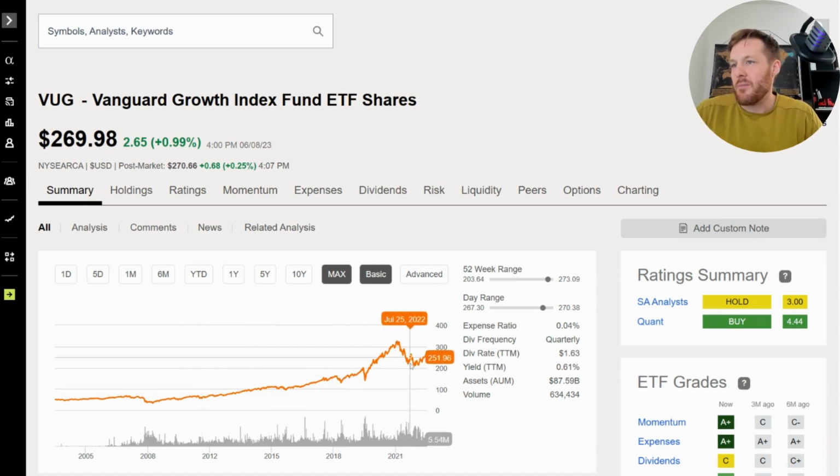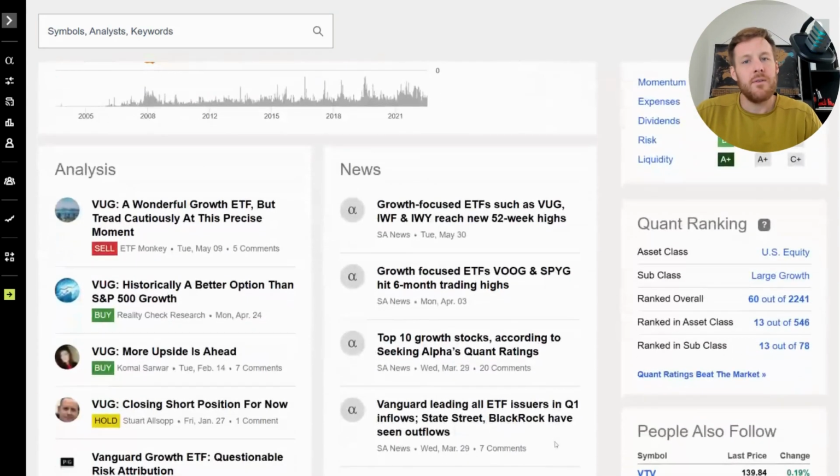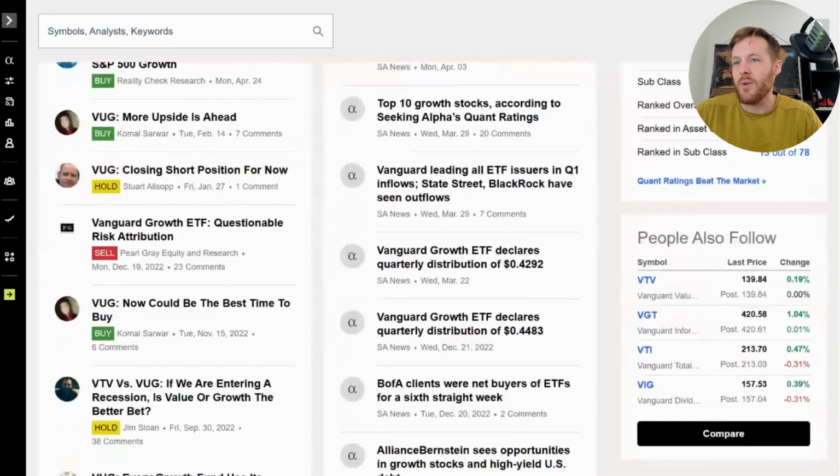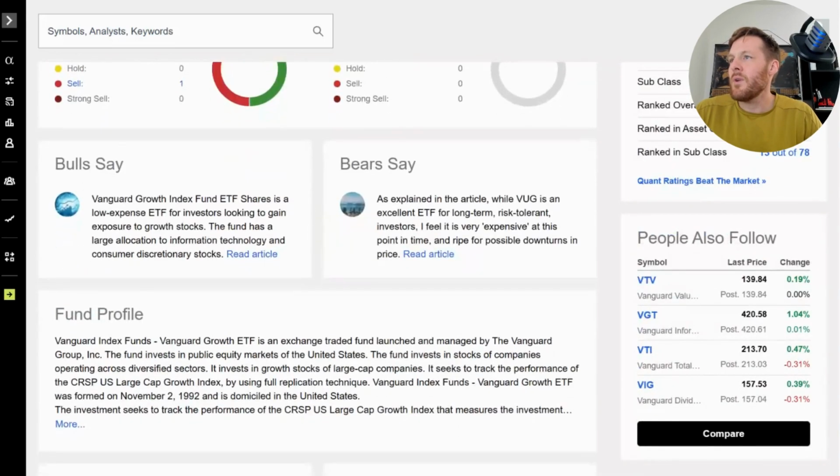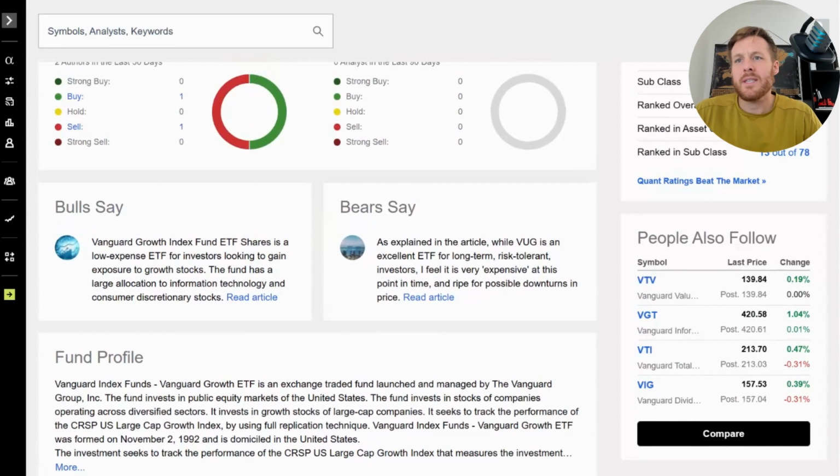And obviously, the performance can speak for itself. Granted, previous performance is no indicator of future performance. You've heard it a million times. Really, the bear sentiment, or anyone who has a hold or sell rating on this ETF, it's more indicative of